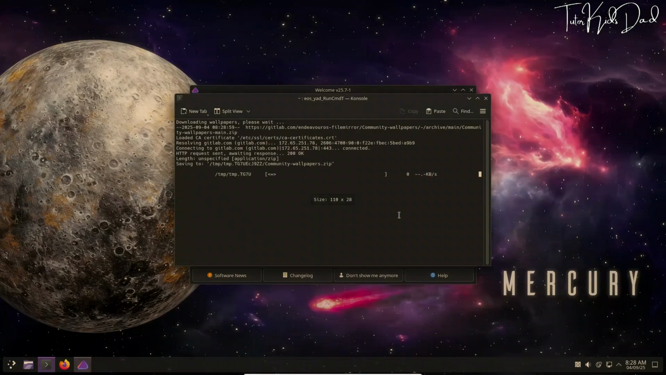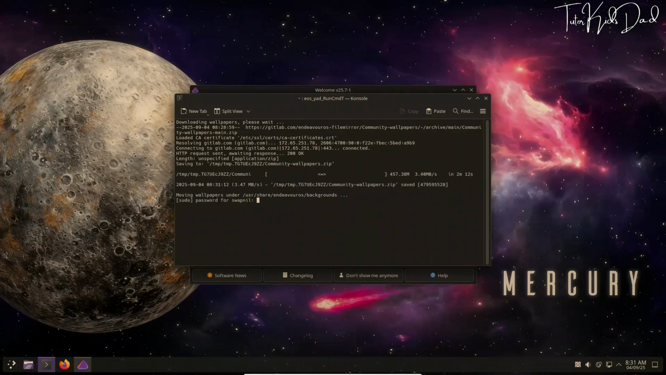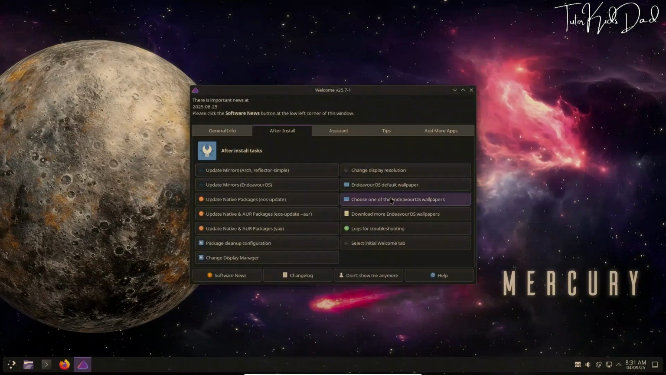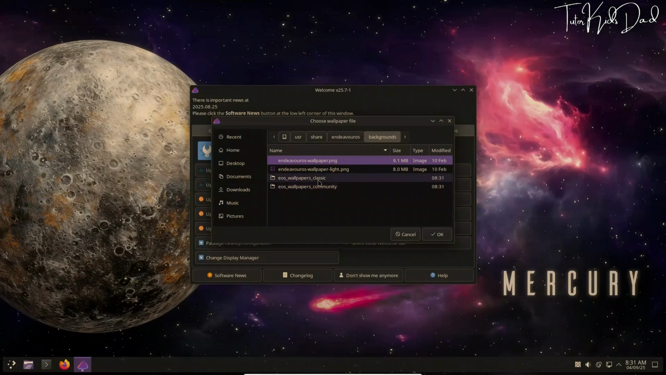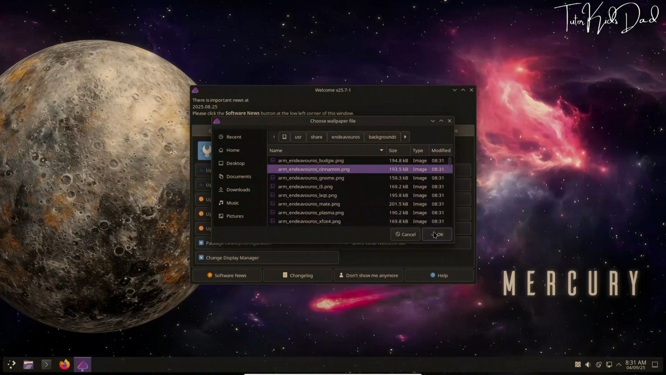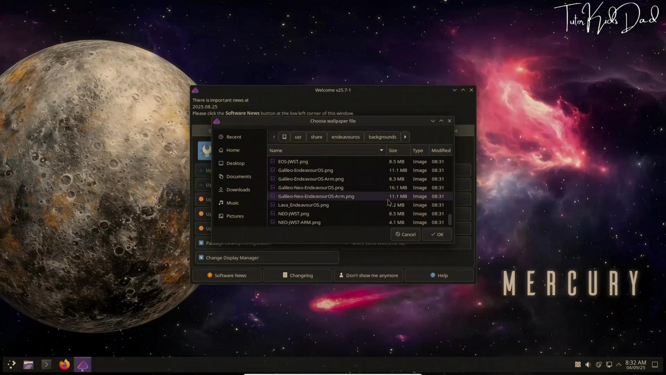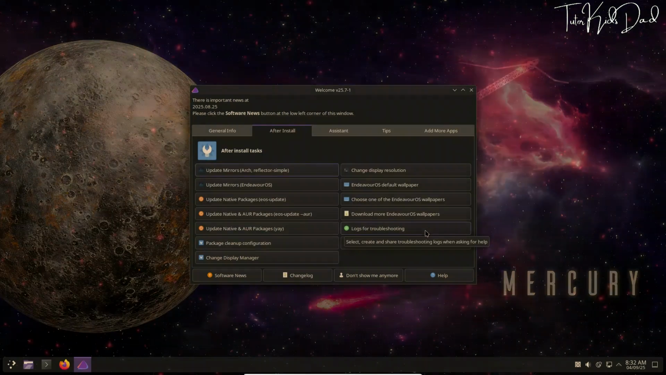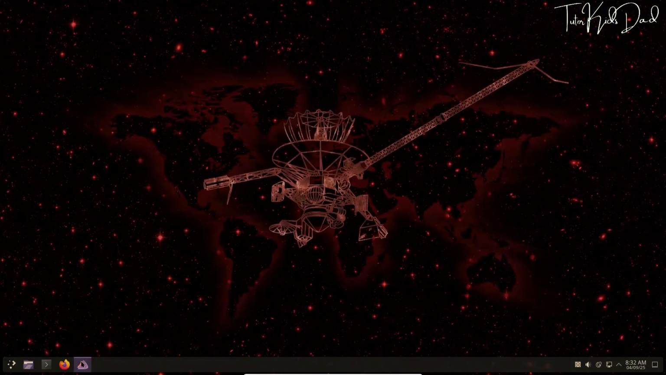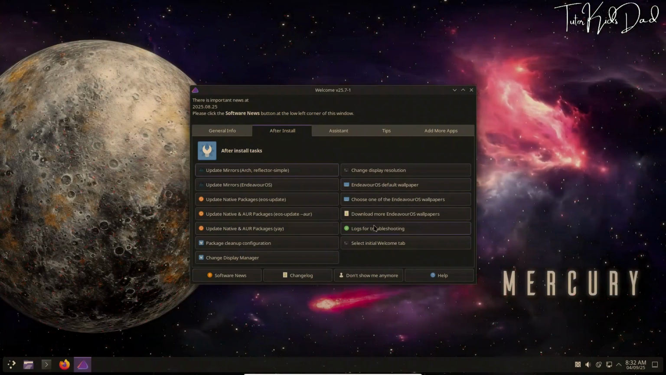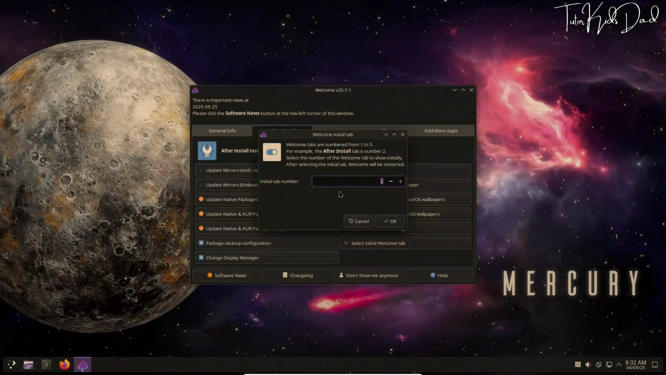Now, for customizing the desktop, options here let you change your display manager instantly, a rare and powerful feature for those switching between SDDM, LightDM, or others. Adjust display resolution with a single click, which is brilliant if you have a tricky monitor or you're running this on a high DPI screen. And of course, you can easily browse a curated wallpaper collection or download even more, making KDE look just how